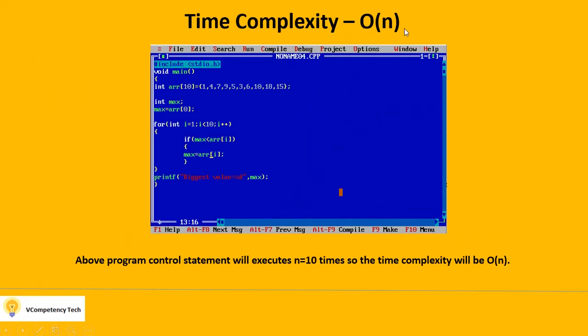Time complexity O(n). This is a program where we are finding the maximum value of a given array. I don't bother about what conditions we are checking here. We need to check how many times this program is running. I have given 10 here. It may be 11, it may be 12, it may be n. So I will consider that this loop goes n times, so this program executes n times to find the max. Then I will say yes, the time complexity is O(n).